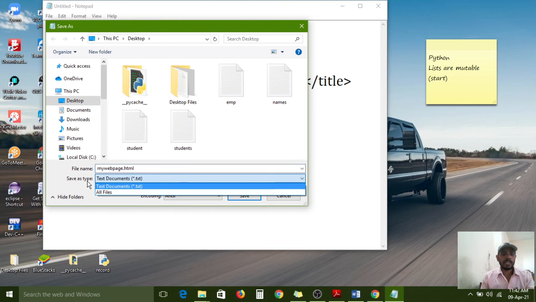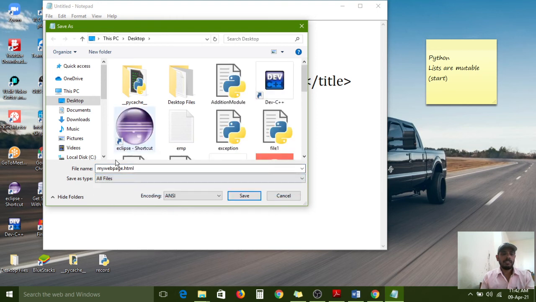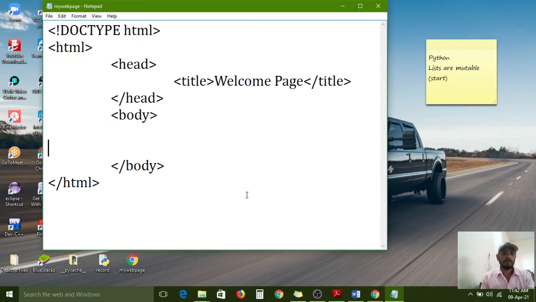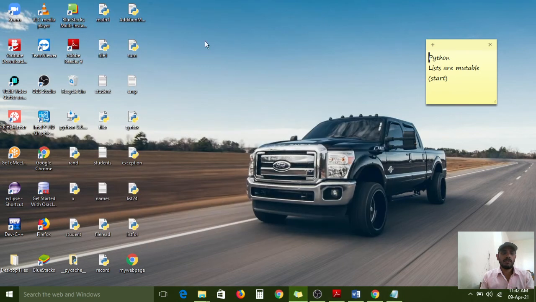Next, for save as type you need to select all files. Click on the save button. The file location is the desktop, so now I am saving on the desktop. All of you carefully observe. My web page file has been saved on the desktop.